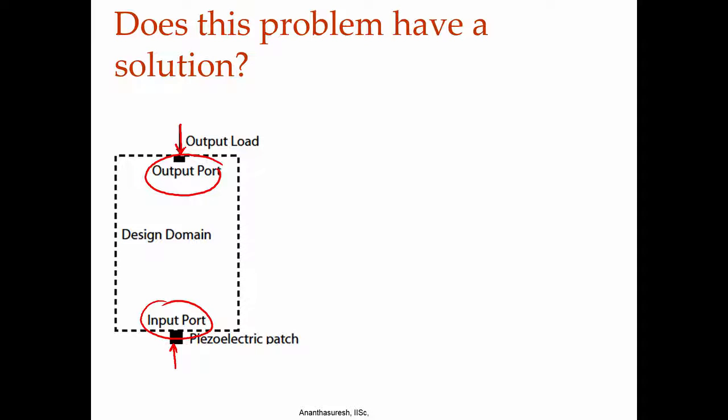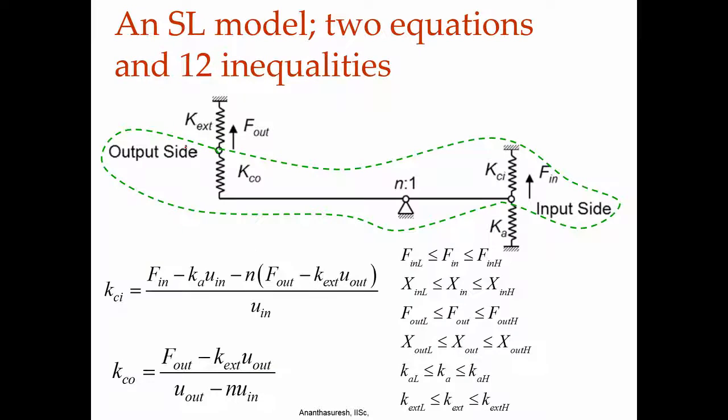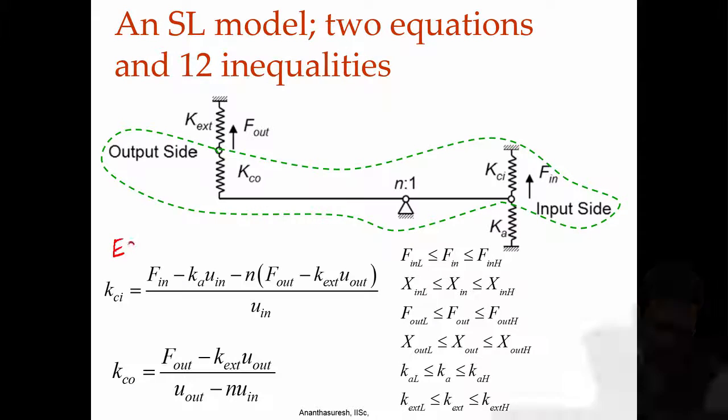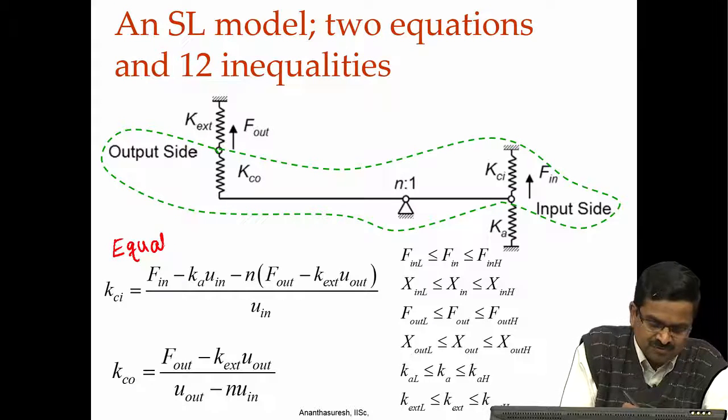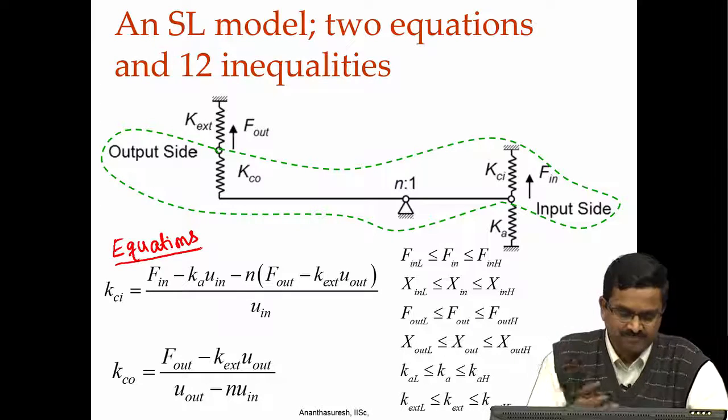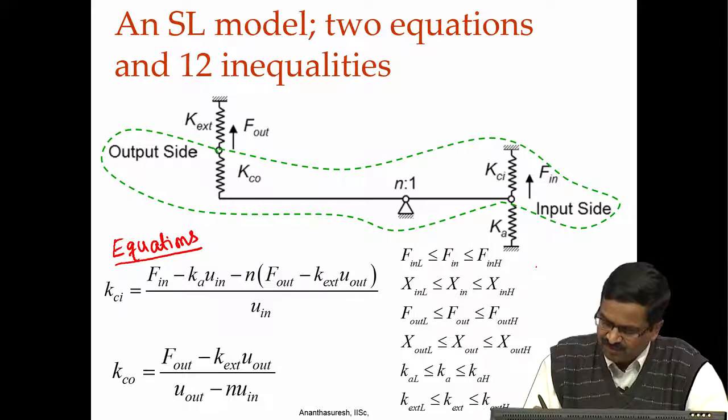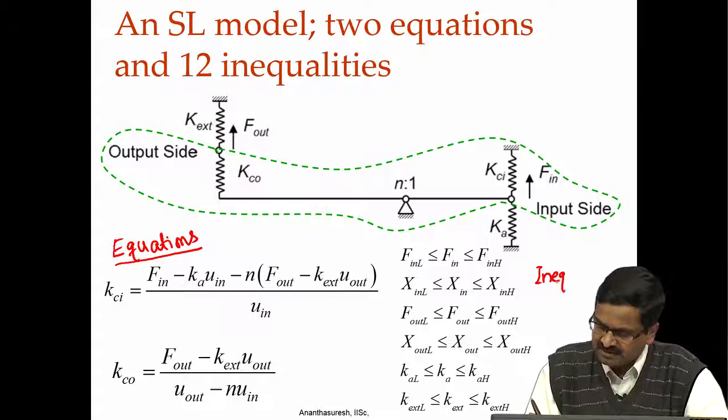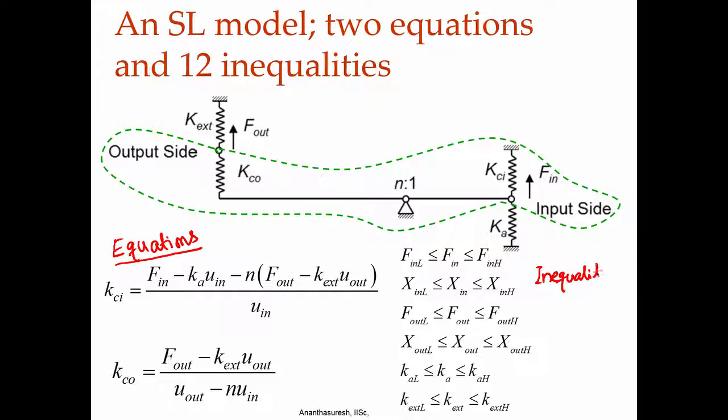So, we can just make a model such as this, where we have discussed all these equations. These are 2 equations here, these are equilibrium equations which we had derived in the last lecture by simply minimizing potential energy, and then we have these inequalities. These are important because these are the ones that are specified by the user. All of these are user specifications.